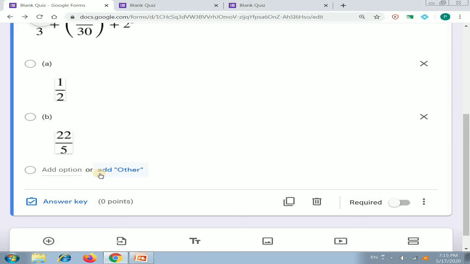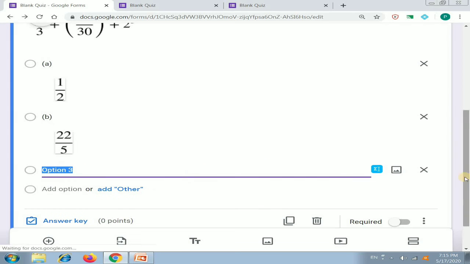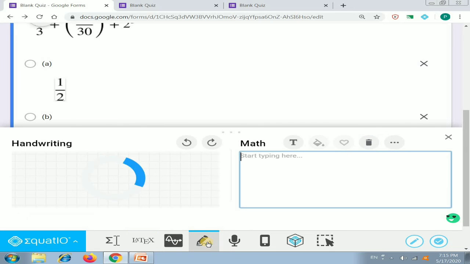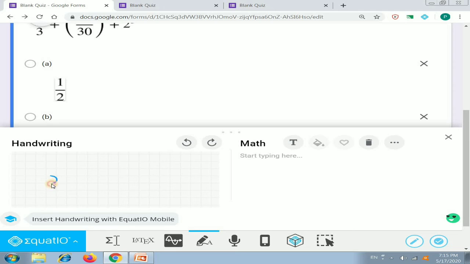Suppose the third option, again insert maths. Now we can use a different method to insert math. It recognizes handwriting also. You can write and it will automatically input the math for it. Suppose we are writing x, then square. It is difficult to write using a mouse. But if you look at the right side, you're getting the output, plus sign, y, and square.